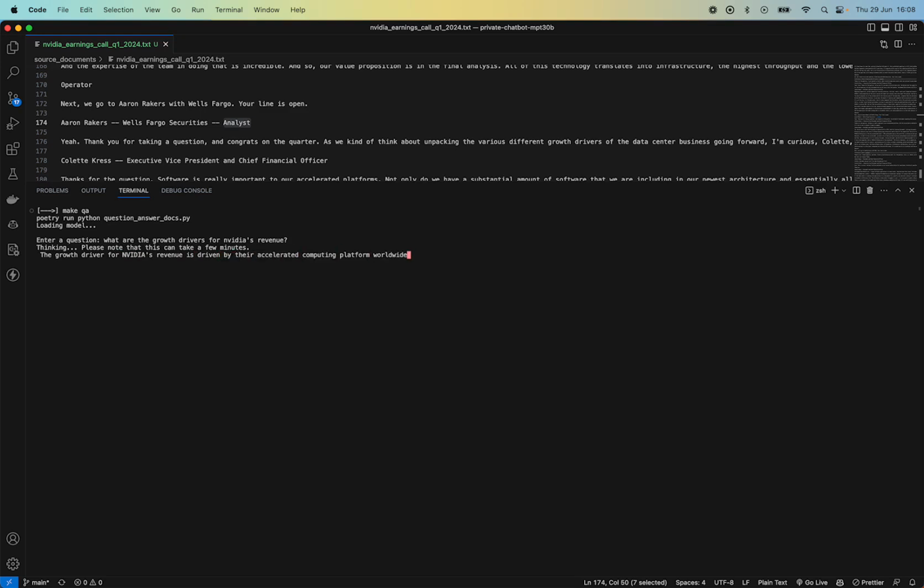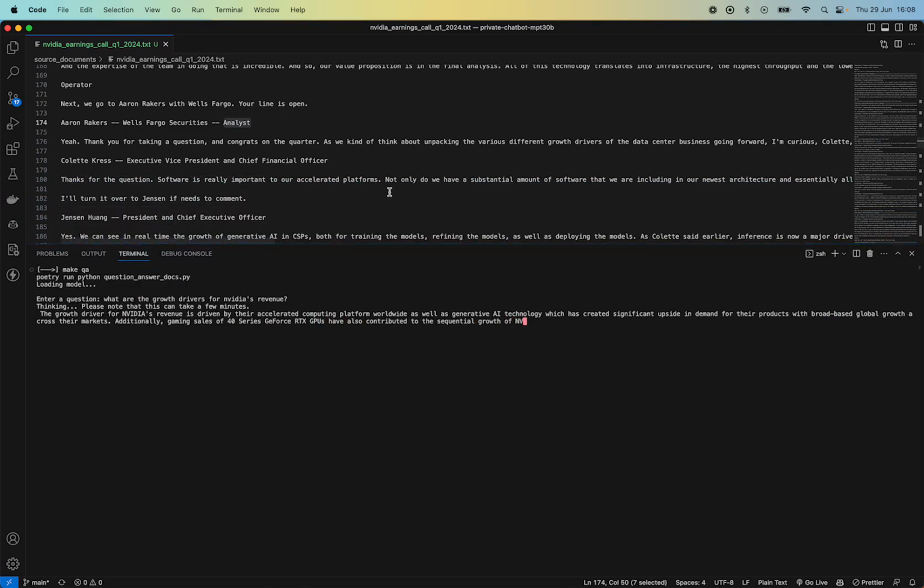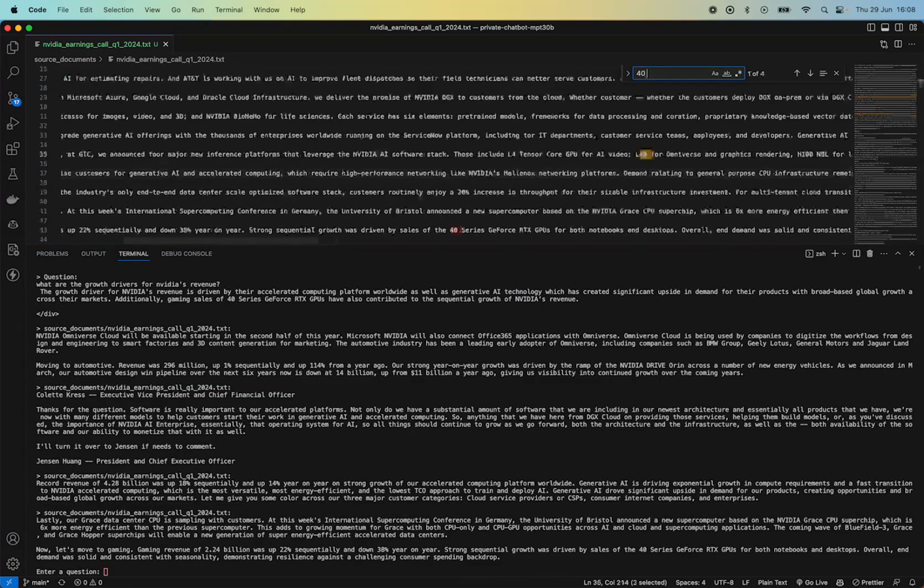Maybe I want to ask a different question. Here we go. The growth driver for NVIDIA's revenue is their accelerated computing platform worldwide, and it's picking up on gaming sales. So as it's printing out, let's look at the docs and see if we can pick out keywords. So it says 40 series,